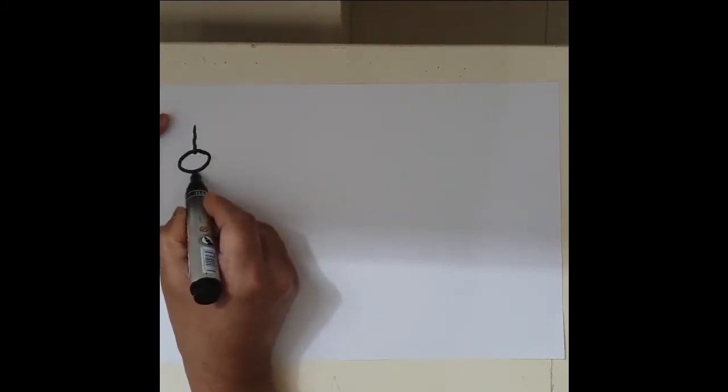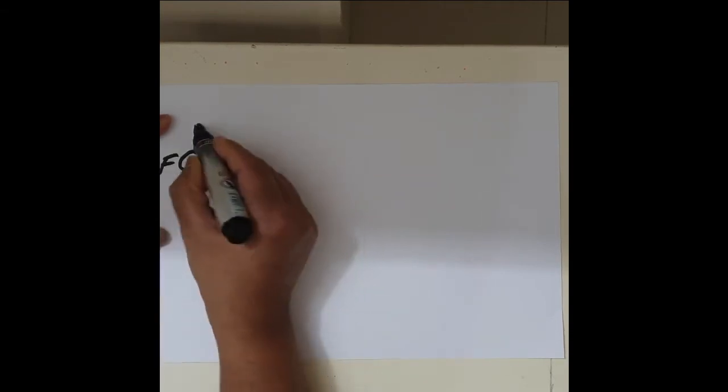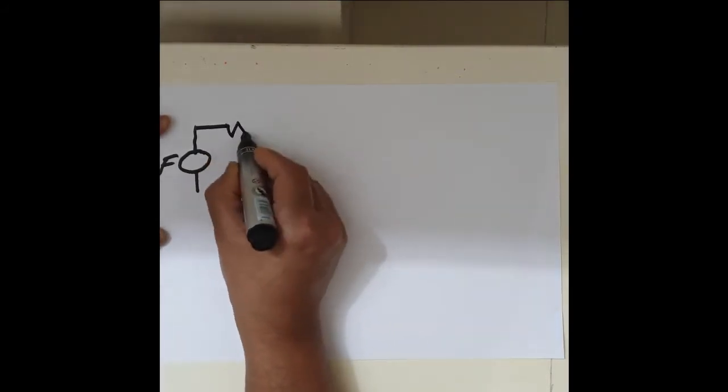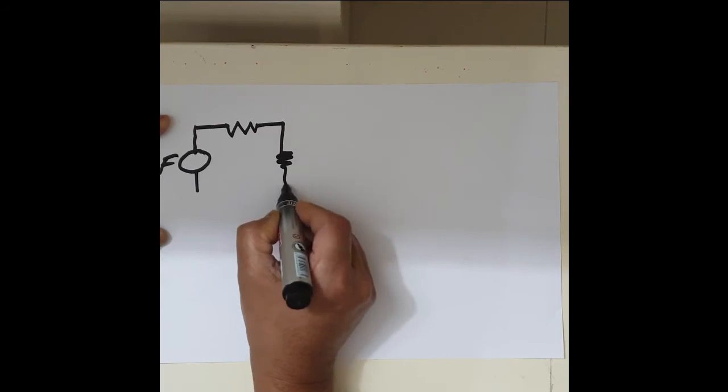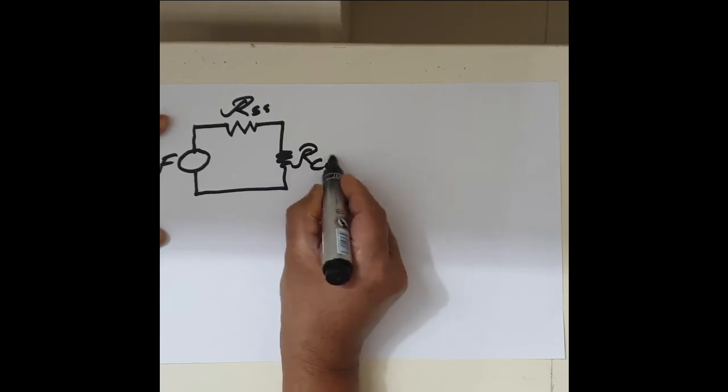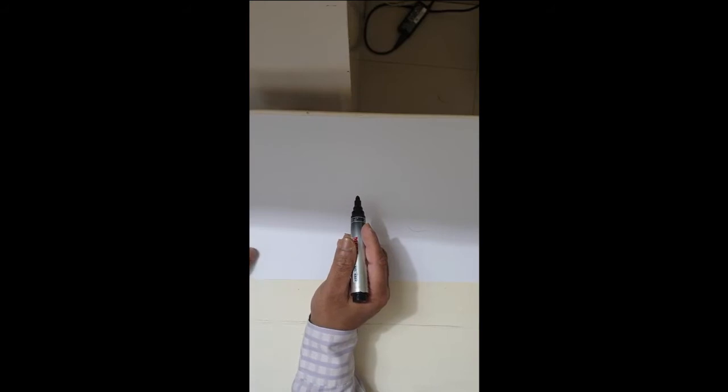For example, the input is coming from this, so you can say this is the F, which is Ni, and this is the core, first core, and this is the second core, and the reluctance for this one is RSS, the reluctance for this one is RCI. You know that in order to solve a magnetic circuit problem like this, you have to first draw the electrical equivalent circuit,